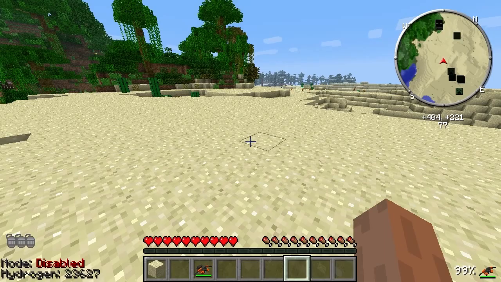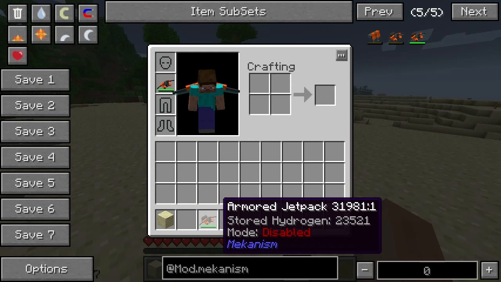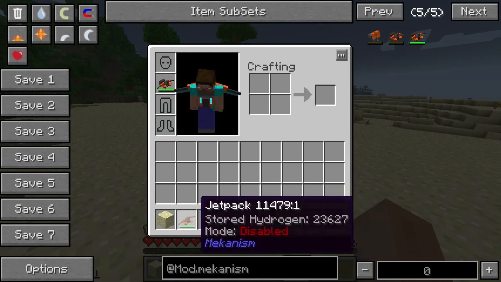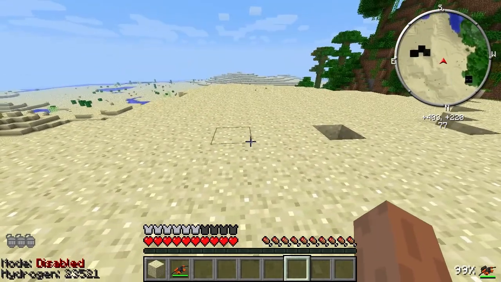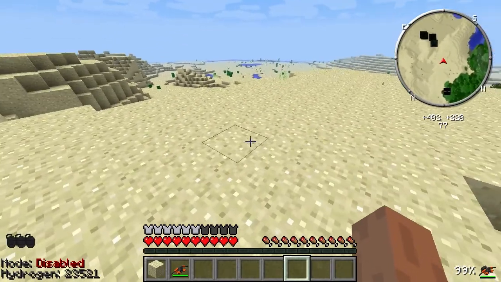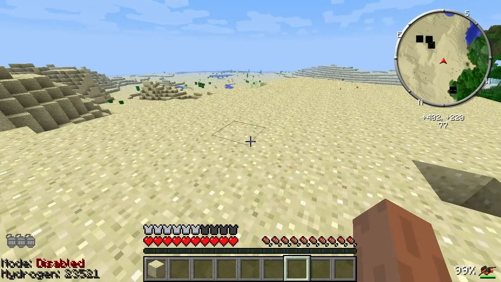Yeah. So basically, what you can do is you can put it on. You can see the jetpack doesn't give you any armor. The armored jetpack is obviously the best one. It gives you a lot of armor actually. It's a few iron pieces at least anyway. So yeah, then all we have to do is equip it in the normal way, and